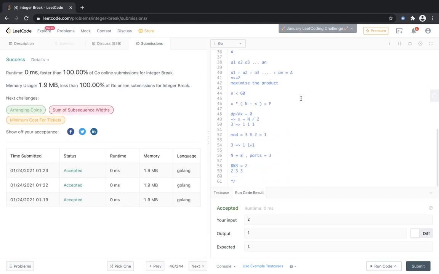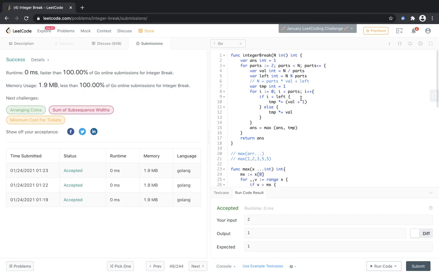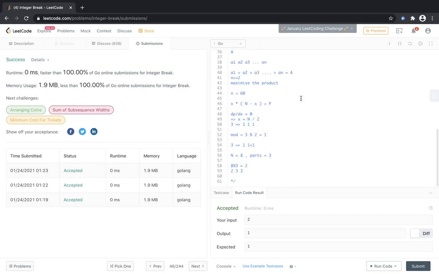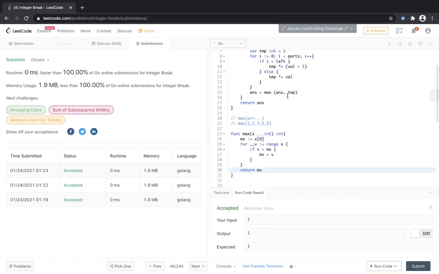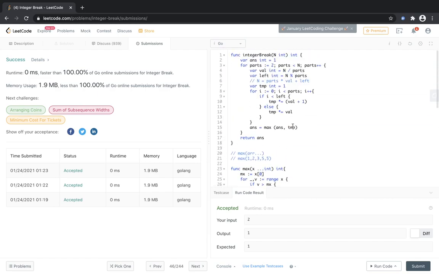But whatever I did, the video might seem like a haphazard video, or a randomly made video, but I try to make it, yeah, because it's the truth, I try to make it randomly. I just read the question in front of you here on the video live and try to solve it live with some intuition. The basic thing is that the intuition was, if I were to say again, that if we are dividing the number into equal parts, only then we will get a maximum. So that is the first principle that we need to work upon.